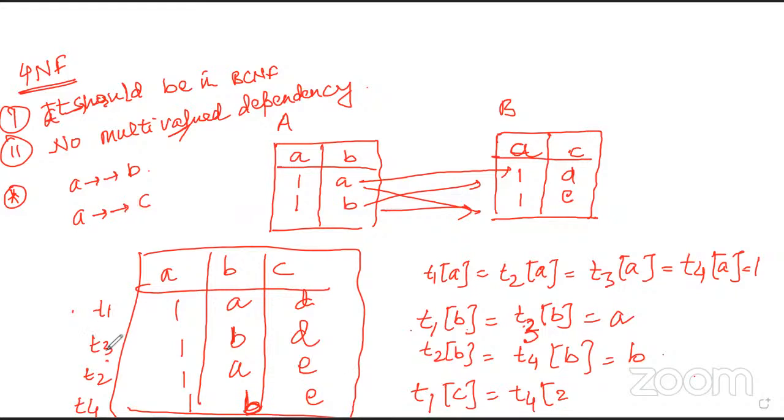Okay. Right. And what is the final condition? I think I'm making a mistake somewhere. Final condition is T1C equal to T4C. T4C should be equal to